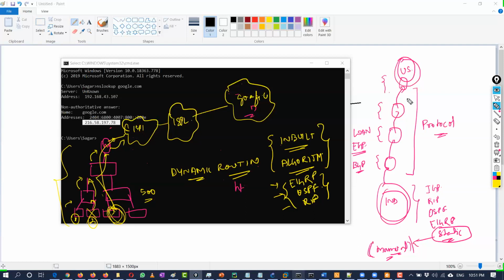Now the example is again something very much from our day-to-day life. Let's say you are traveling from point A to point B. You have various means to travel. You can take a metro, you can board a bus, you can board a train, or whatever. But what is the main factor? Cost is the main factor which will decide which medium you are going to take, right? So let's say you have multiple mediums to reach from A to B. One is charging you $1,000. The other medium is